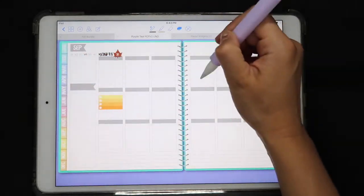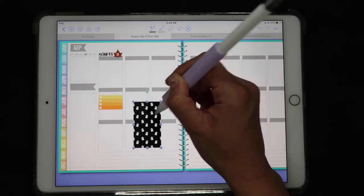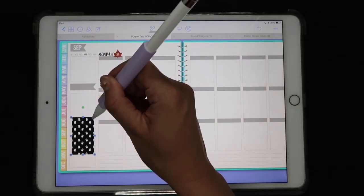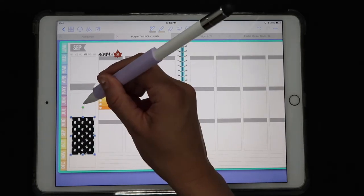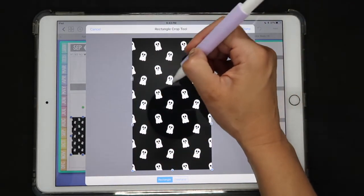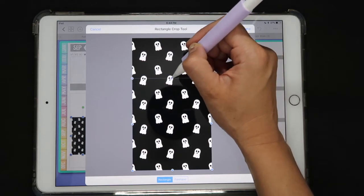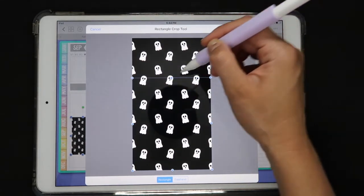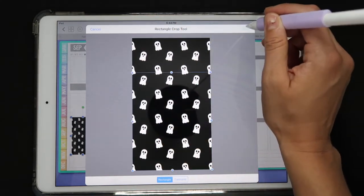Go to your planner, tap and hold, click on paste, and as you can see, your selection, which turned into a perfect rectangle, is turned into an object or a sticker really. So from here you could rotate, but also you can tap again, click on crop, and then you can crop, turn into a square, or for example here I can try and make a full box for my planner. So just try to calculate where that would be with your rectangle option selected down here. Click on done,